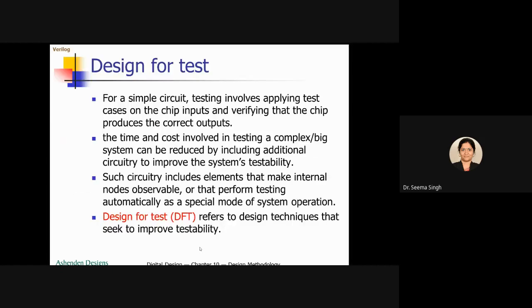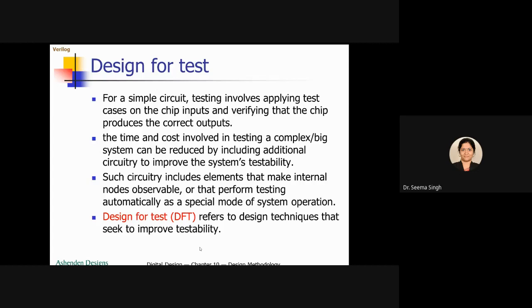We had started the topic of design for test in the last class itself. Just to recap, we had discussed that when we have manufactured our circuits, our embedded system, we are supposed to check it, and because it is large in number, we have to see to it that the design is good enough that it can be tested. That means the testability of the system should be good.